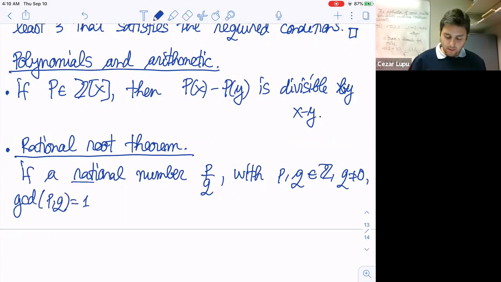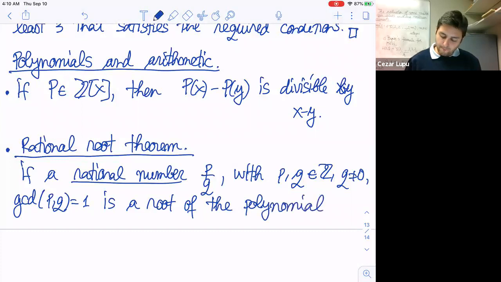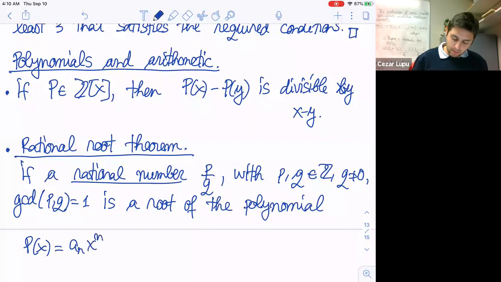If a rational number is a root of the polynomial P of x equals a_n x to the n plus a_(n-1) x to the n minus 1 plus, all the way, a_1 x plus a_0,